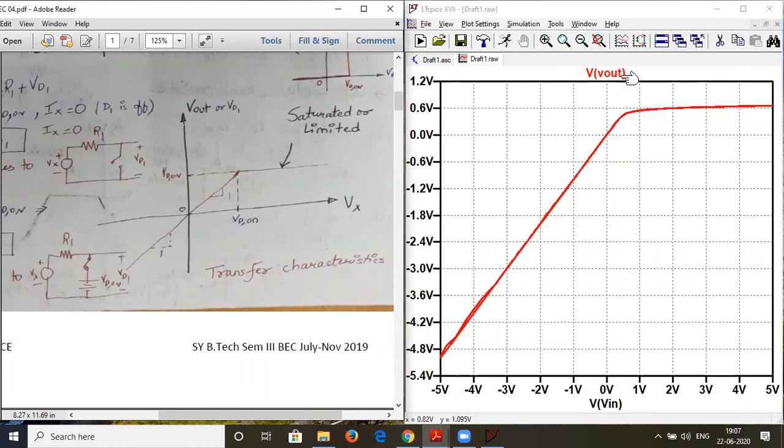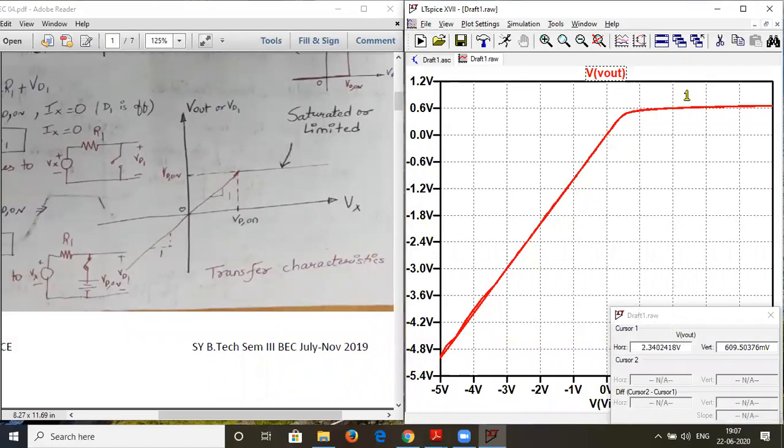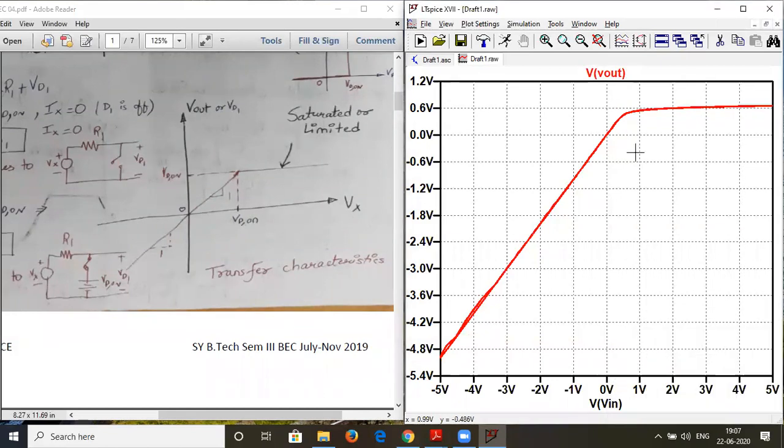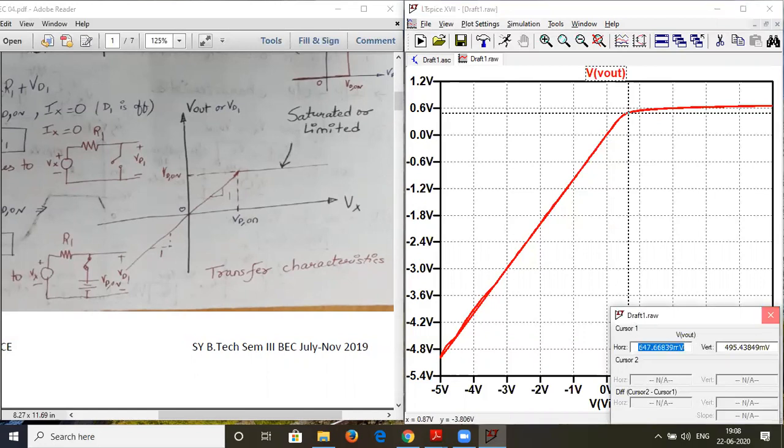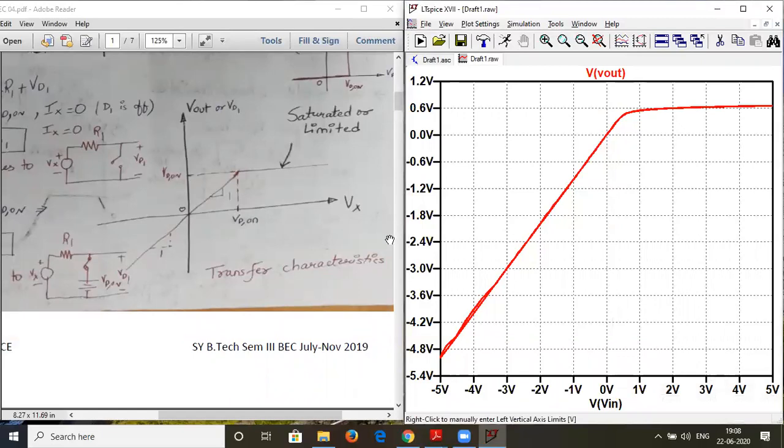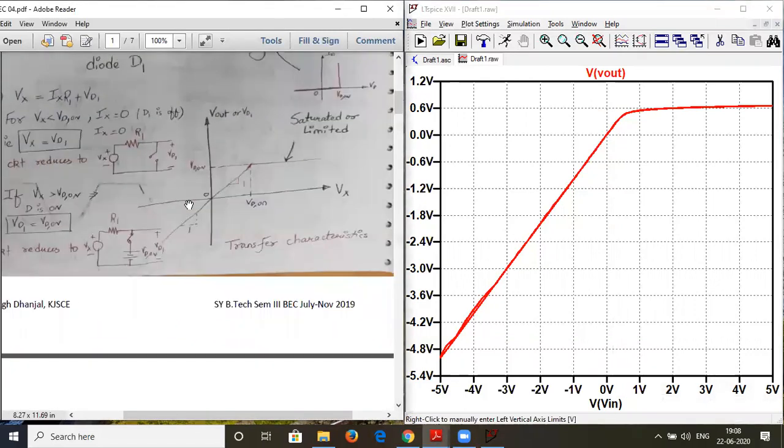So let us see at what voltage it is going. Around 0.64, it is behaving as a constant basically. So if you see there, this voltage will be at around 0.65. As you can see, 0.65, x-axis will be 0.65. So x-axis is my input, right? So if V in crosses this VDON, here we can see, I can just show it to you.